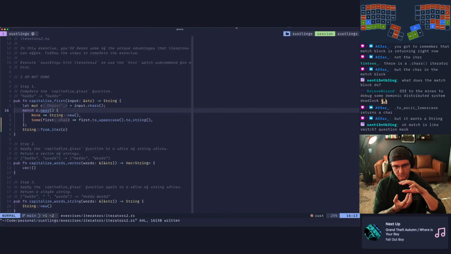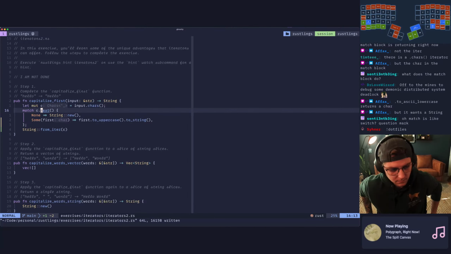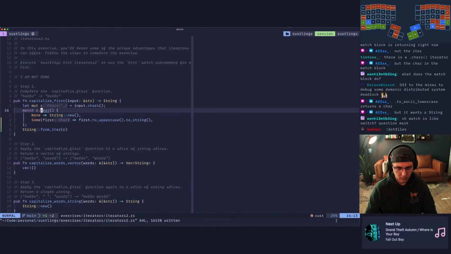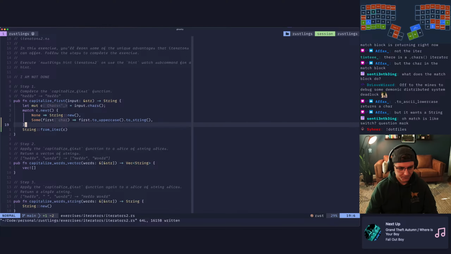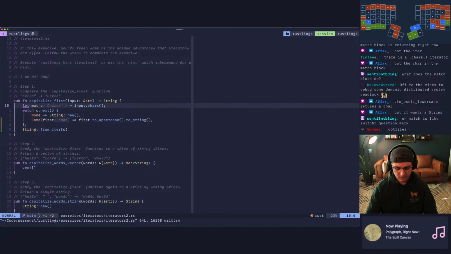On the inside for what the actual value is, or it can be none. So in a lot of functional programming languages and Rust and Zig, or really any language that has options, it'll be some or none. And then you can pattern match on those. And if it's some, you can pull out the value and operate on it. Yeah, pattern matching is amazing.